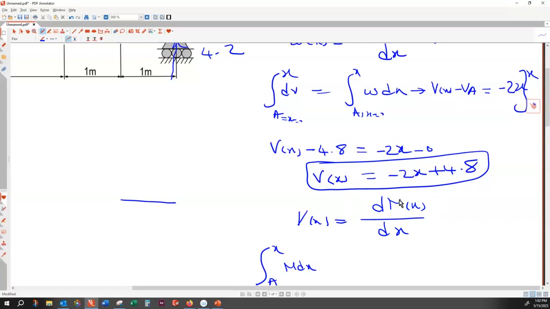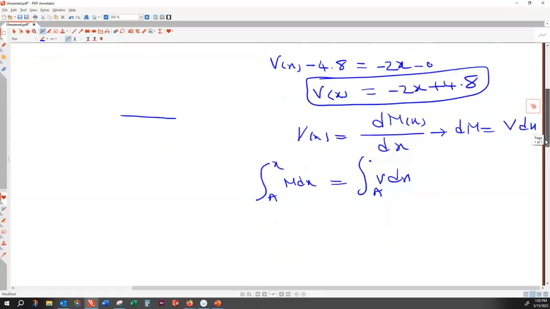If you have the bending moment as a function of x, all you have to do is take its x derivative, and that is going to be equal to the shear force. So I would manipulate this equation: dM is equal to V dx. And then from both sides, if we integrate, that becomes,